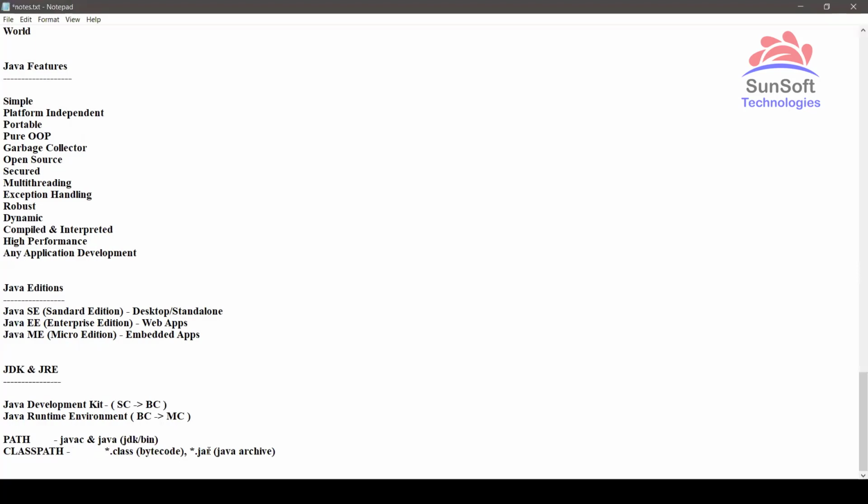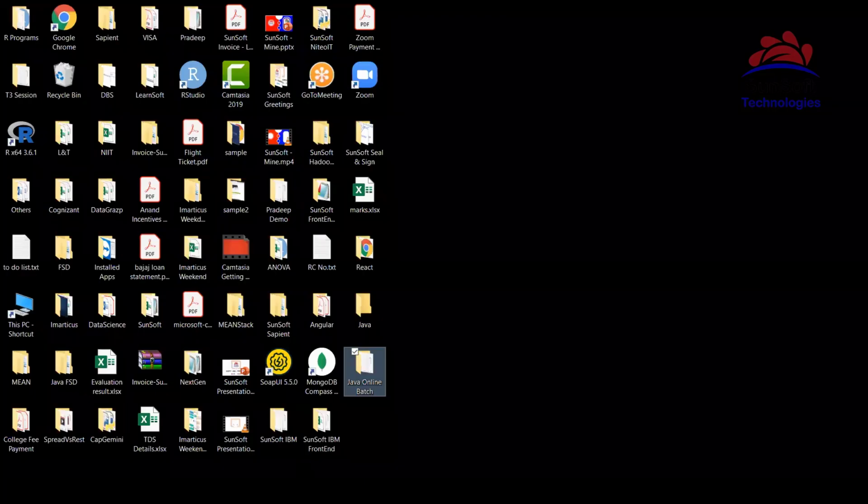Sometimes if you have compiled your program and the .class file is created, but it is still not able to find it, then we type directly set classpath equal to dot, meaning the .class file is in the current folder only, so that it can be found from the current folder. Now let's continue further.